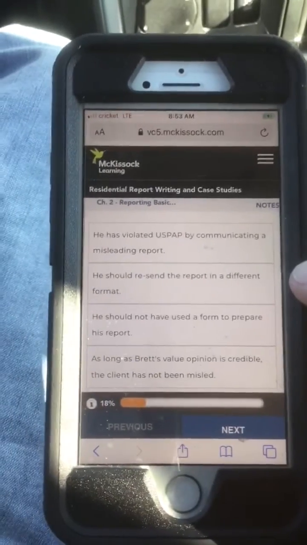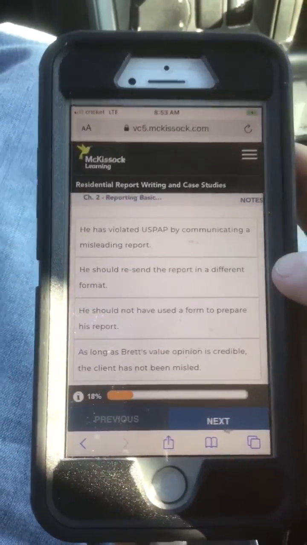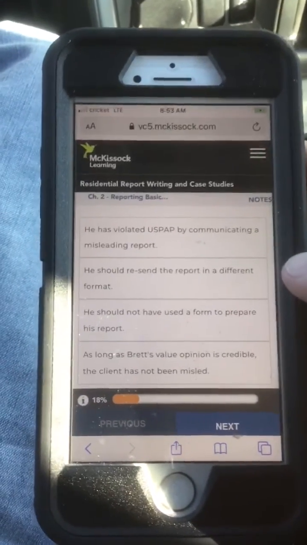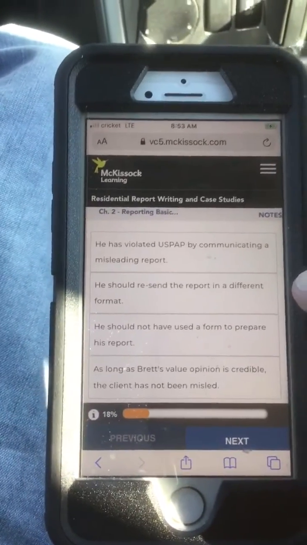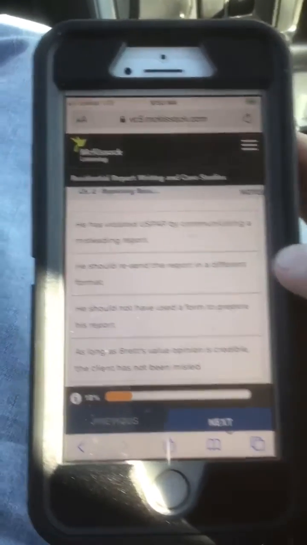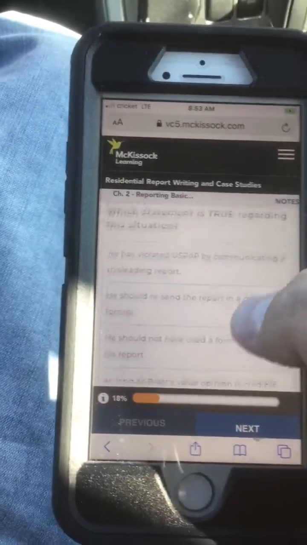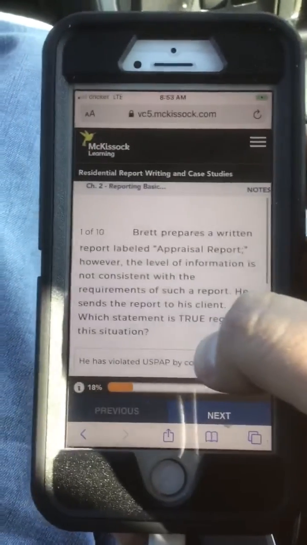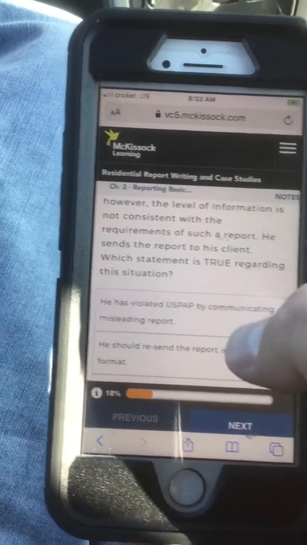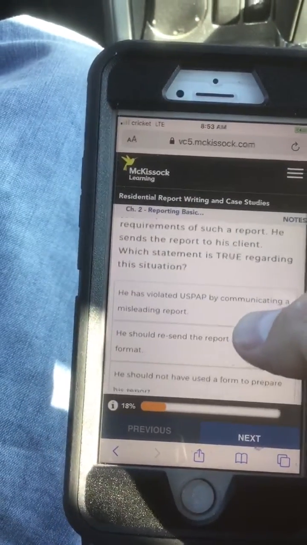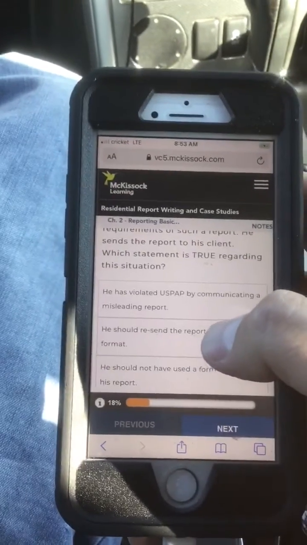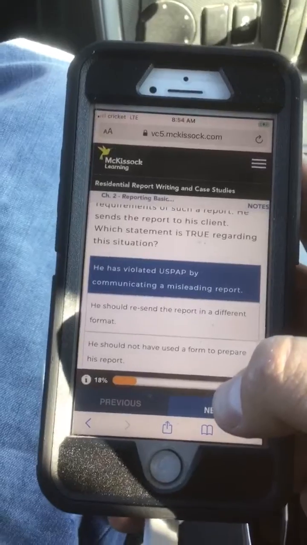B, he should resend the report in a different format. C, he should not have used a form to prepare his report. Or D, as long as Brett's value opinion is credible, the client has not been misled. I'm going to go with A, he has violated USPAP by communicating a misleading report.